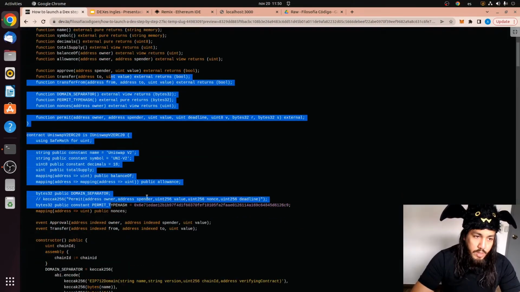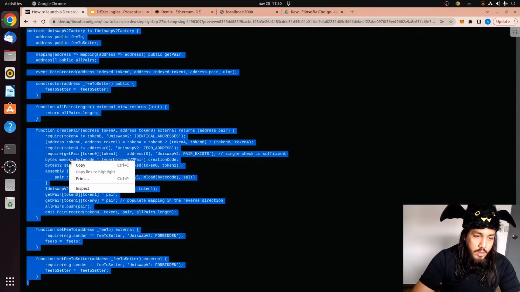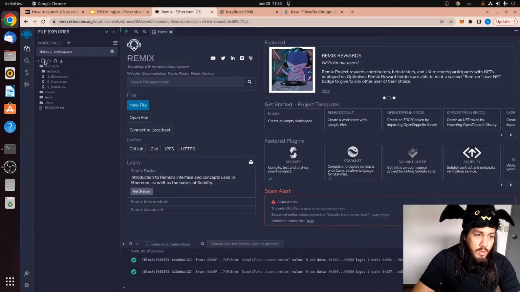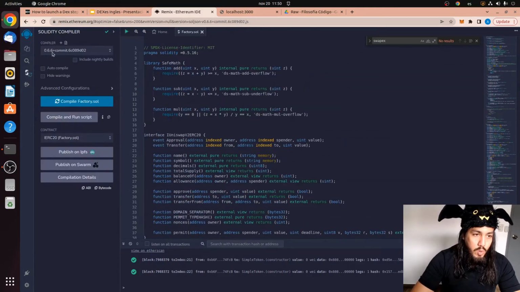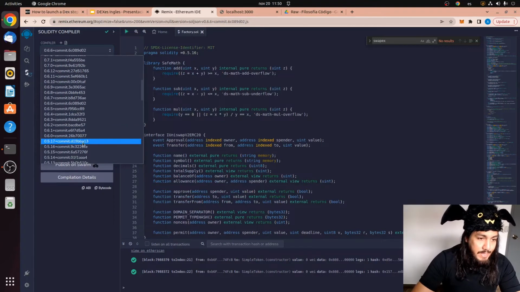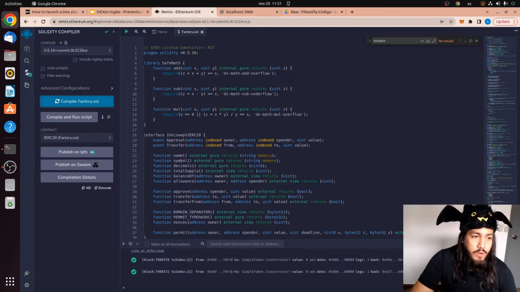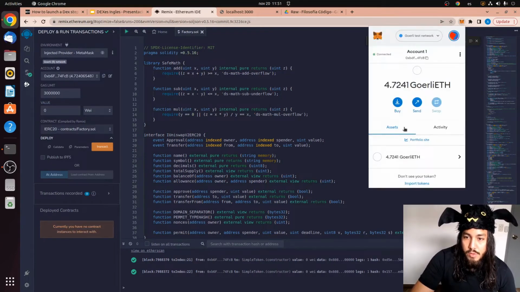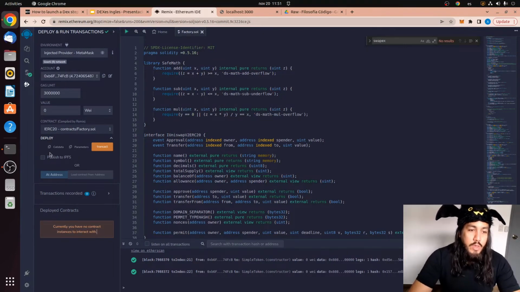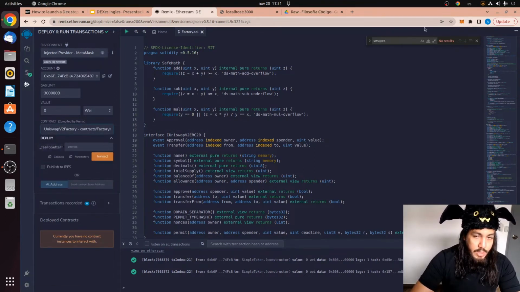So we're going here and we're going to select all the code and we're going to put it on Remix. So we go here to Remix. We're going to create a new factory contract and we're going to paste it here. We are going to compile it using the 0.5.16 Solidity version. So there you go. Now here I have some other contracts here. We're going to delete them. I think I also have here, yeah, no, that's not good. So you make sure you select MetaMask here, then you select the factory here, and you're going to need the